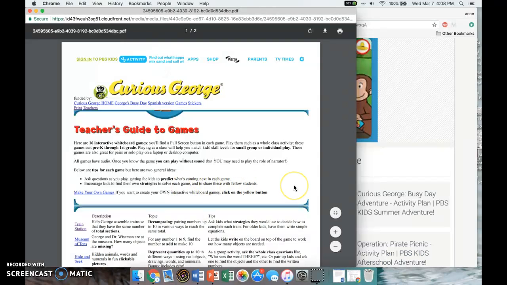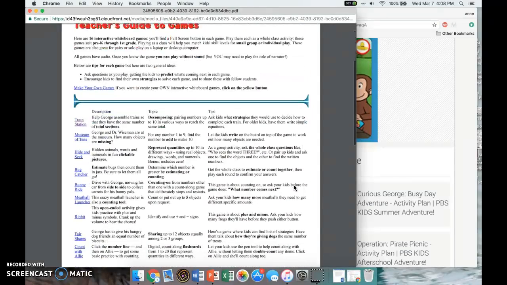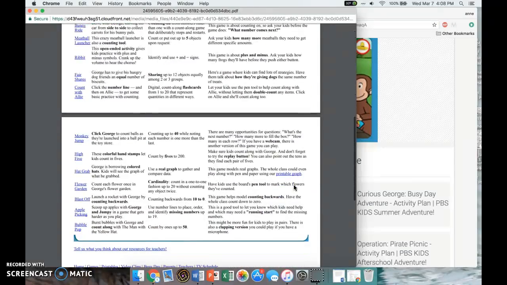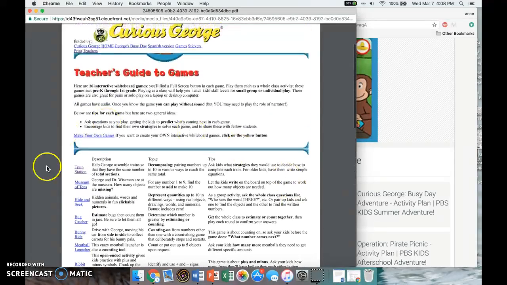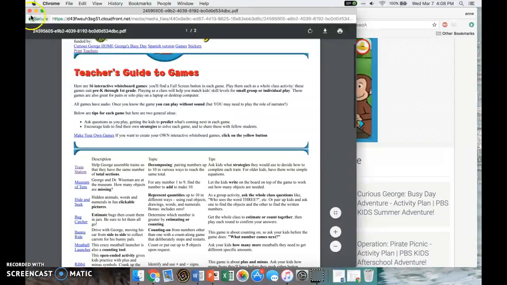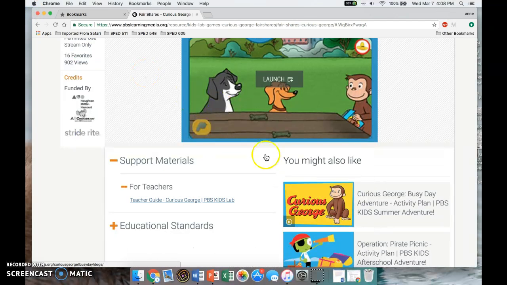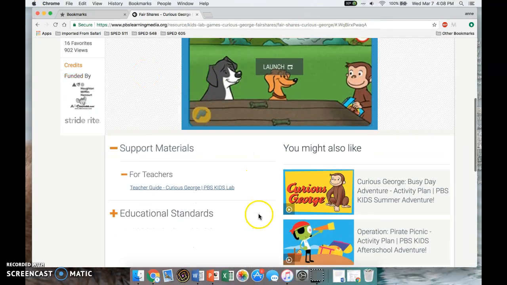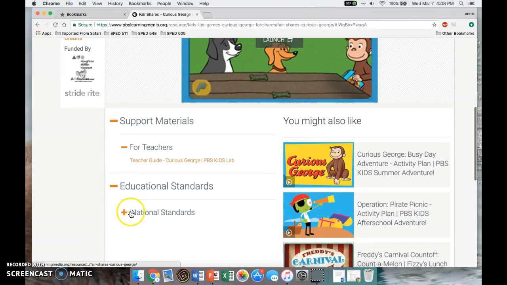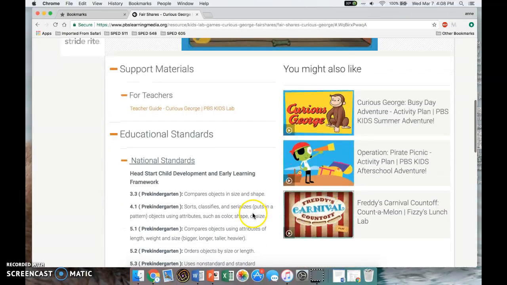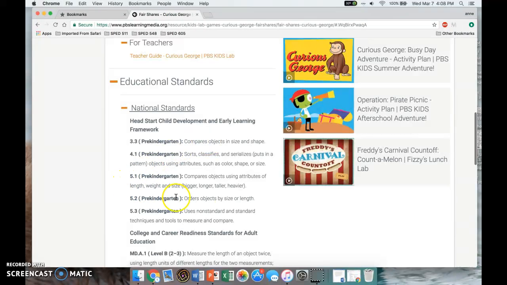This gives you even more ideas on how to expand on the concept and ideas, and different activities, and different ways to present materials. It just gives you a bunch of ideas, which I think is great and I would probably find very useful. The second thing, and again, this is not going to be available on each activity, is that you can click on educational standards and you can see what it